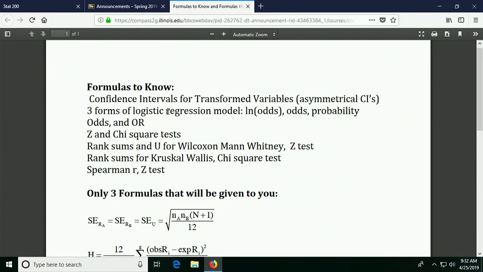Remember, the final is only post-exam 2 material. It's like a third hourly this time. So you really don't have that many formulas to know because it only covers material from chapters 39, starting with the re-randomization, which didn't have any formulas, then the transformation of variables, so you need to know how to compute those confidence intervals back on the original variables, those asymmetrical confidence intervals. And then you need to know the three forms of the logistic regression model